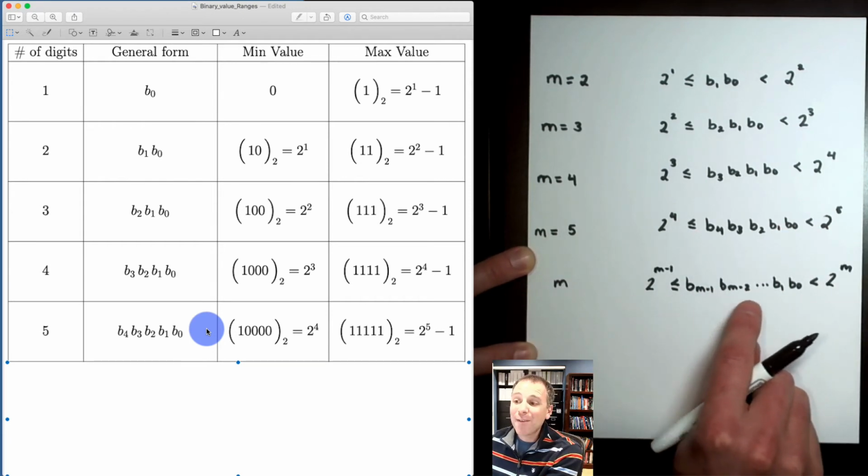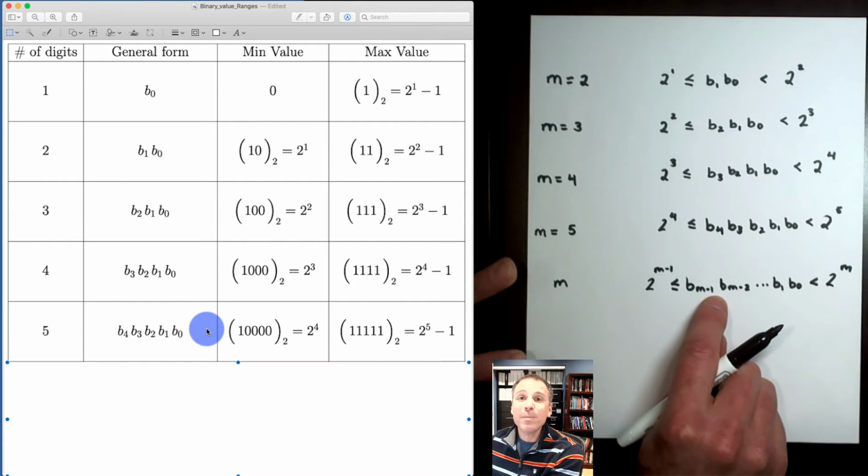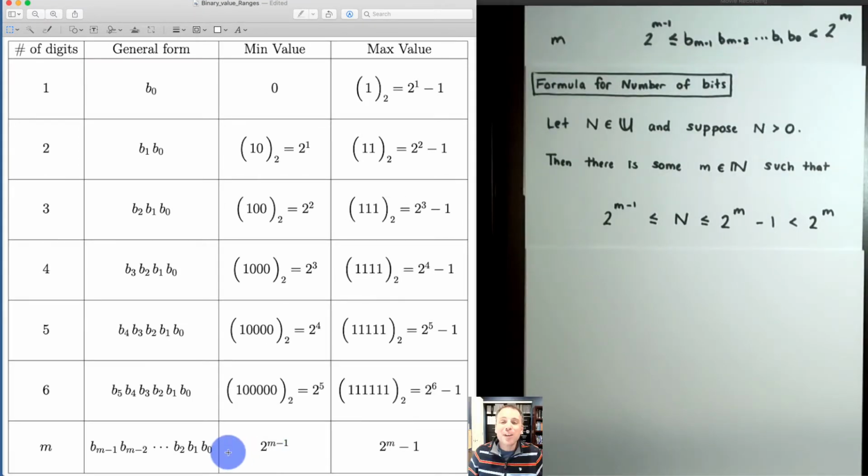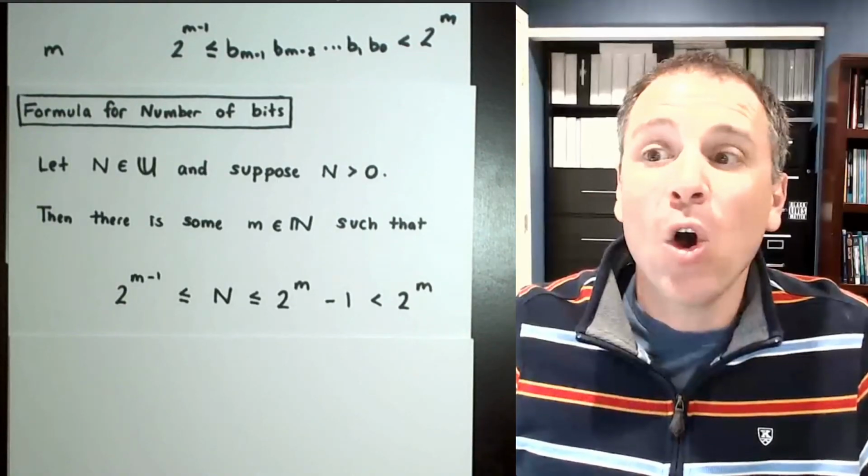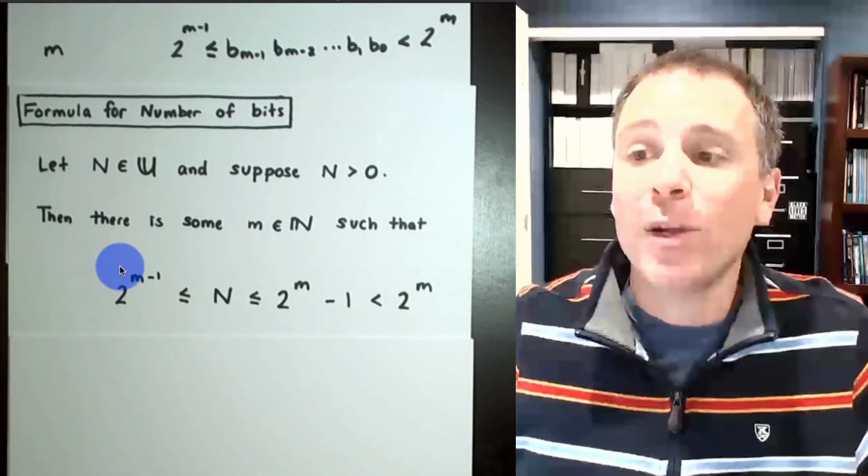And now all of a sudden we have a range for the numbers that can be accurately encapsulated using m bits in binary. This observation that an m-bit binary number, if the first bit is non-zero, the value of that number is going to lie between 2 to the quantity m minus 1. And at the upper bound, the biggest m-bit binary number is going to be 2 to the m quantity minus 1. Well, we can translate that into the following inequality.